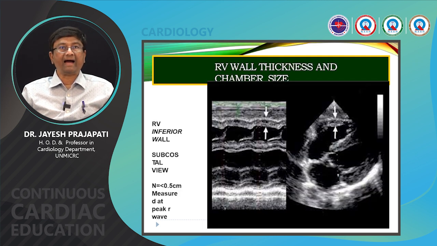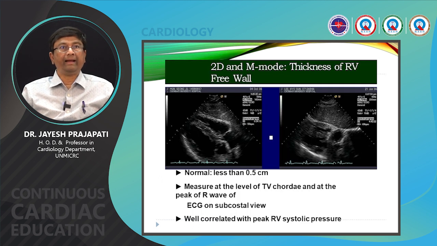Another, we have to measure the RV wall thickness in a subcostal view, and less than 0.5 centimeter or 5 mm is normal. We have to measure the RV wall thickness at the peak of the R wave. As I have mentioned, we have to see the ECG, and if the thickness of the RV is more than 5 mm, then we can see that